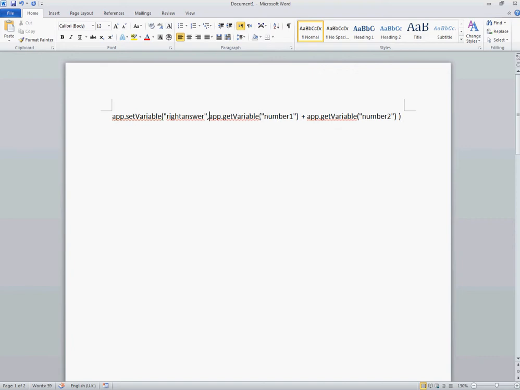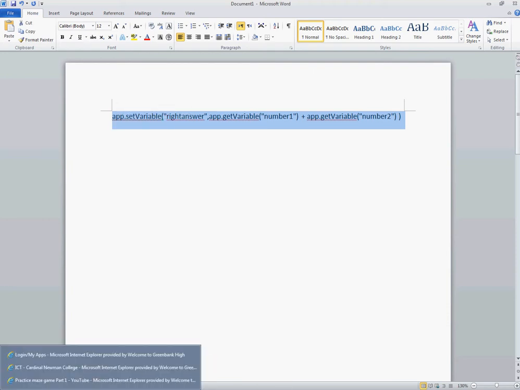Okay, so the app, you always have to use the app get variable to get the value. You can't just put number 1 plus number 2. In some computer languages you can, but in JavaScript it's quite rigid. It makes you always go and get things every time. So I've written that out. I'm going to copy that. I'm going to go back to